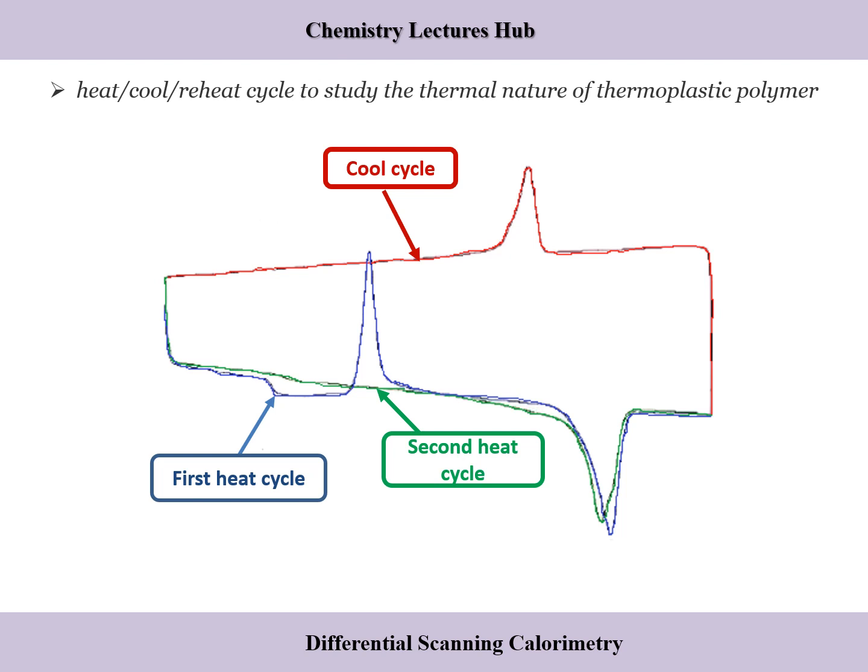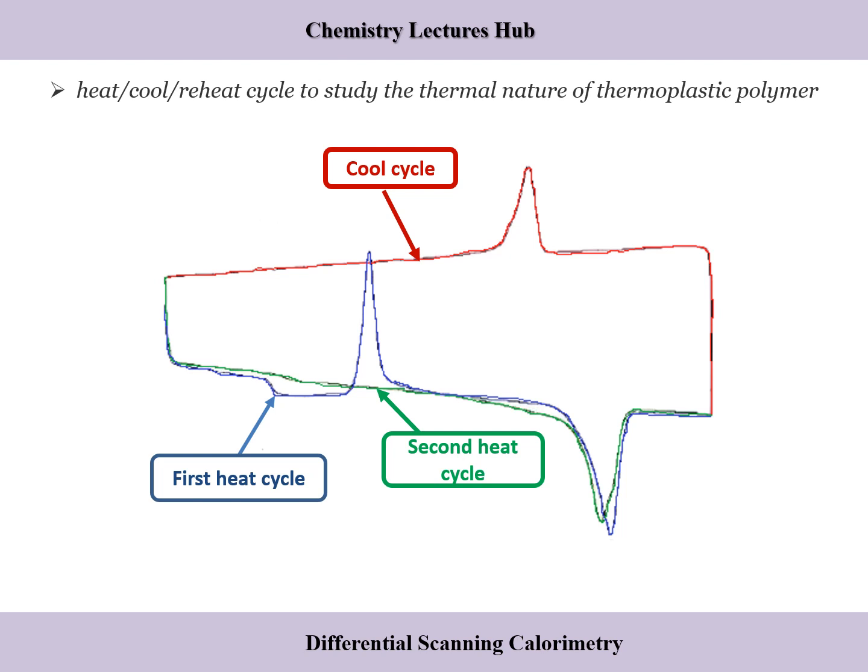In the first heat cycle, shown as a blue line, we have glass transition followed by crystallization and melting peaks. In short, the first thermogram is a function of the material and an unknown thermal history. After the first heating cycle, the material is cooled at a controlled rate, shown here as a red line. The cooling segment data provides information on the crystallization properties of the crystallizable polymer and gives the sample a known